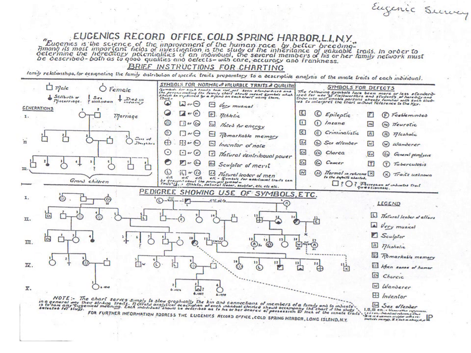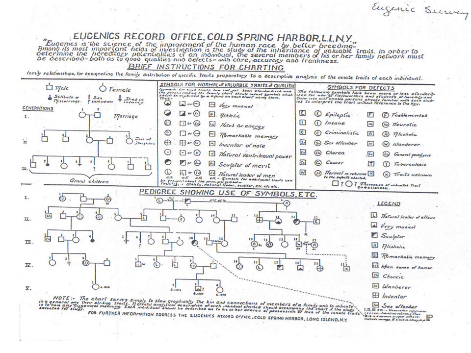It's unclear. General paralysis, cancer, tuberculosis, and we're going to talk about this in a few weeks, where tuberculosis was seen not as an illness that you catch because it's a microorganism, or an illness that can be passed through casual contact, but as an illness that you get by being weak, by being sinful. So having tuberculosis was a defectual trait. And then, of course, traits unknown. So something's wrong with them, but we're not really sure what, so you just put an X there. And then down at the bottom, you can see this pedigree showing the use of symbols.